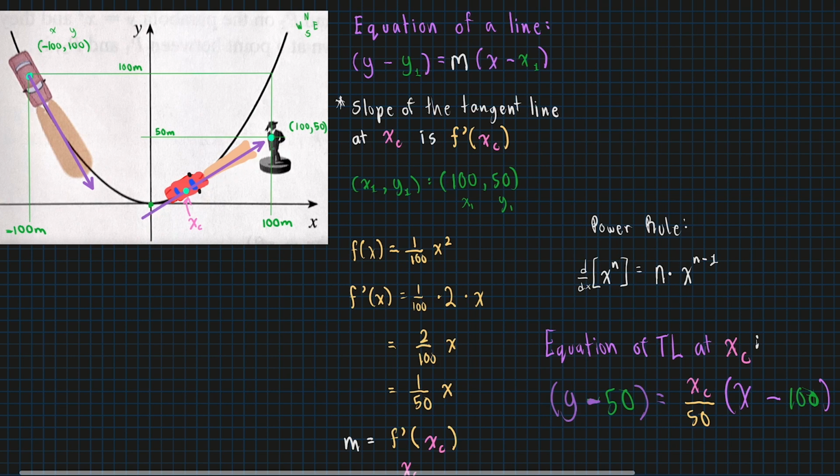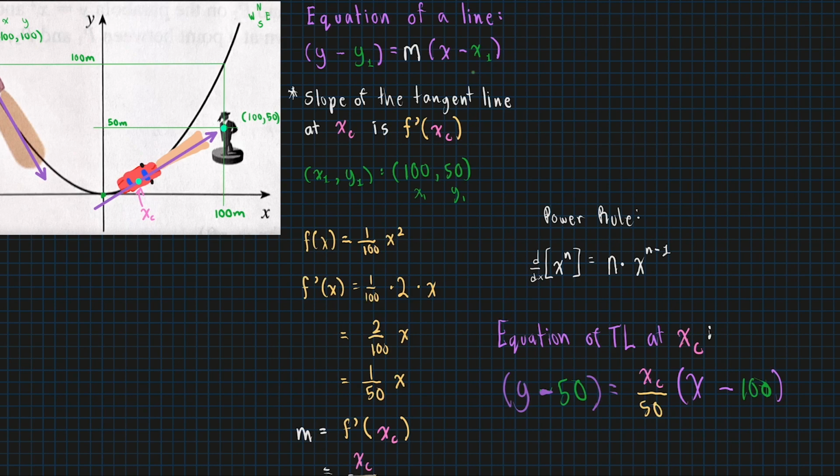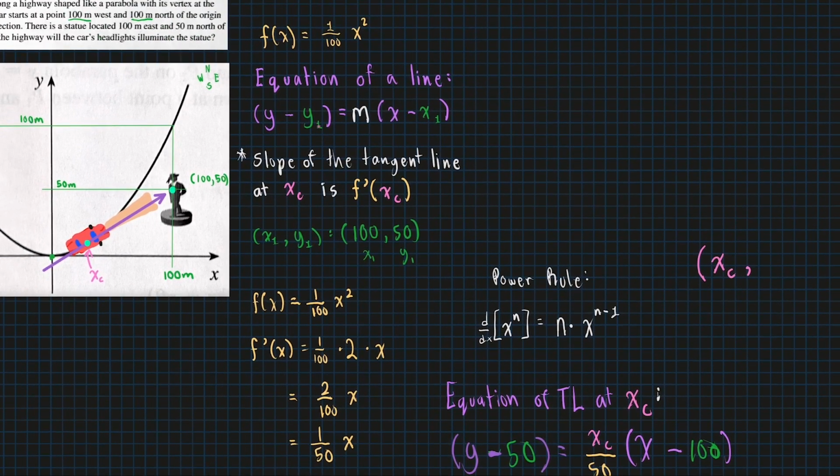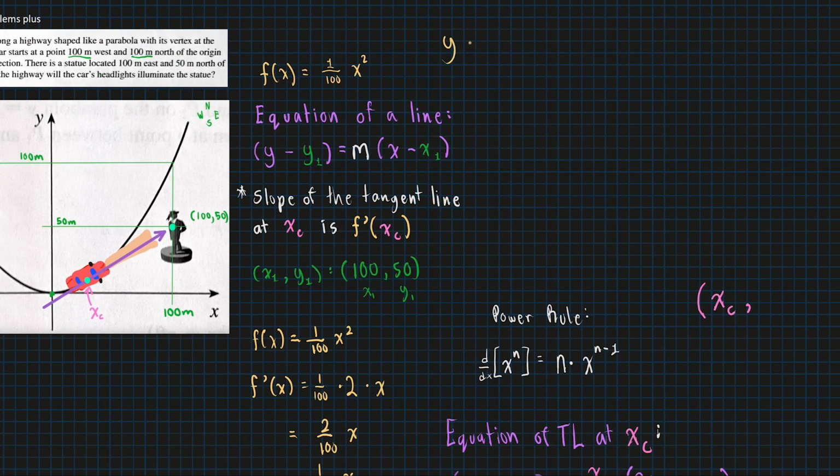We need another point on this line. Well, we can't plug in a point that we actually know, but one point that we can plug in, and this is a key realization, is the point at x sub c. How? Well, we know the x coordinate at this point is x sub c, of course, but what's the y coordinate at this point? Well, we can see it right here, but we know that y